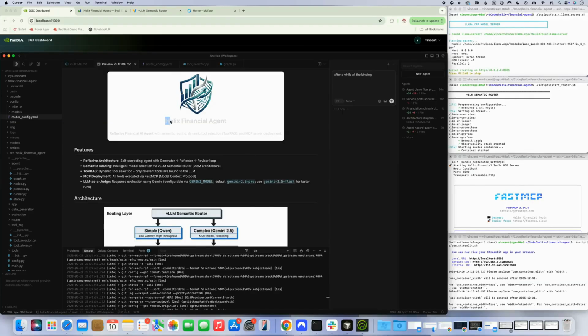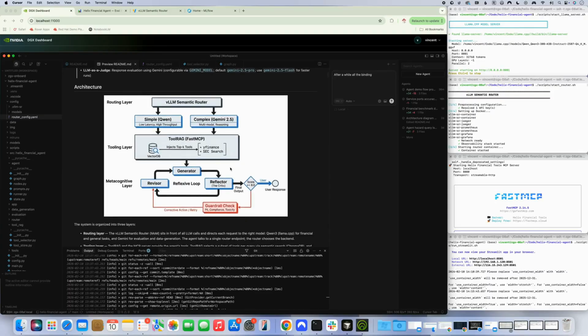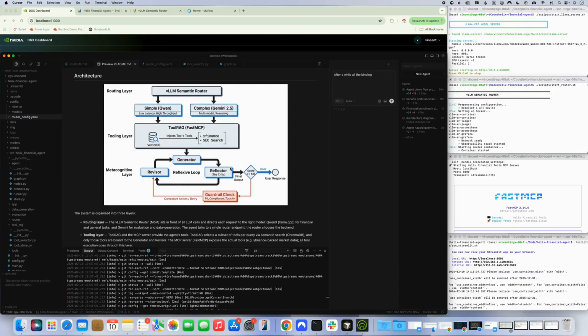The Helix agent is a reflexive financial AI agent designed to answer complex financial questions without the hallucinations or inefficiencies of a standard chatbot. It is built on a modular stack using llama.cpp, LangGraph, vLLM semantic router, and the Model Context Protocol. On the right, I have opened multiple terminals where I started the relevant services so we don't wait